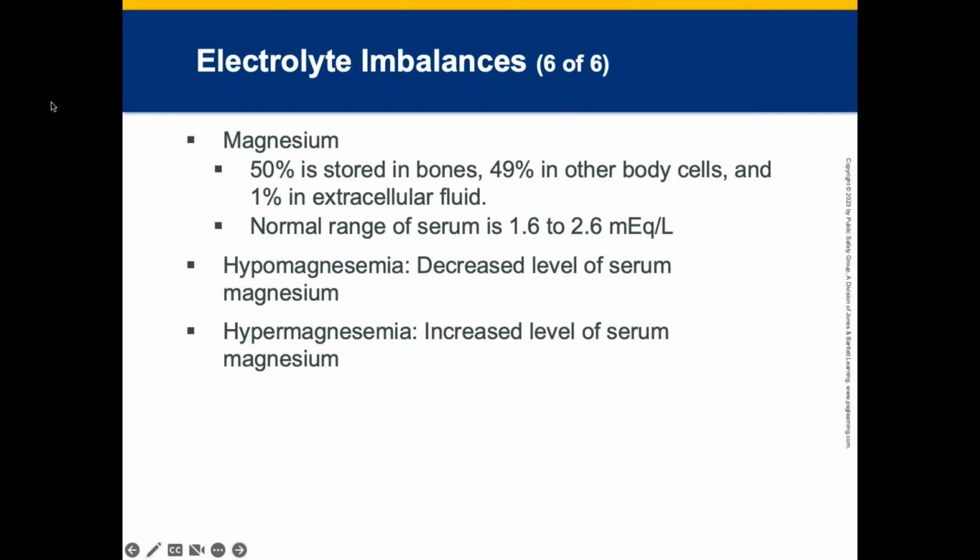And the cure for that is getting a paramedic on board, because what's happening is their body has low magnesium. So they're going to get mag sulfate as a medication. That is the treatment for seizures in pregnant patients, because they have low magnesium. Hypermagnesemia is an increased level of serum magnesium. It almost always occurs as a result of kidney insufficiency. And if you look at table 8.2 in your books, the major electrolytes of the body are summarized.